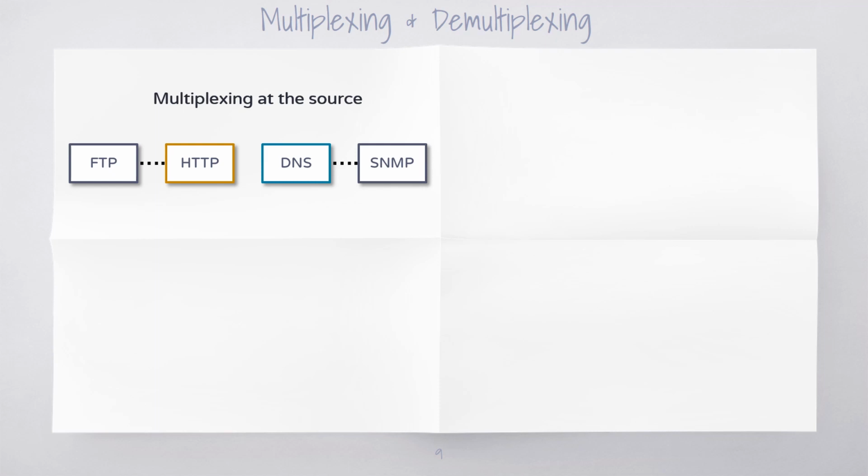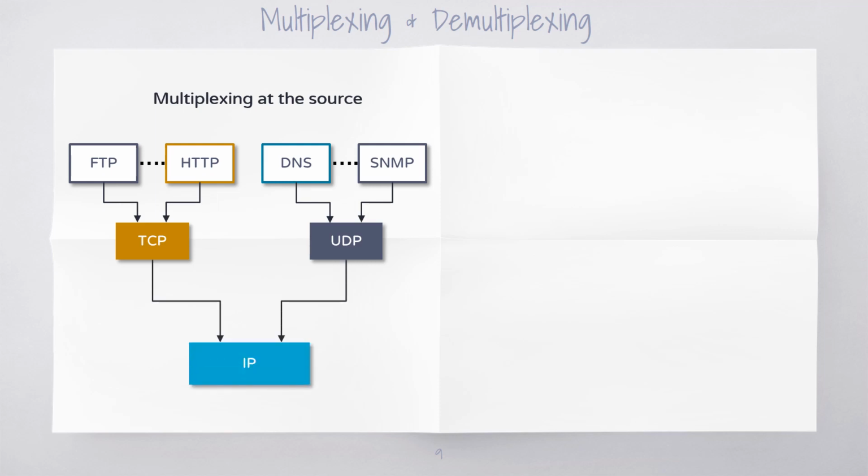Here, based on the nature of the application that we are making use of, it may require either TCP or UDP protocol at the transport layer. Here we have considered that FTP and HTTP make use of the TCP protocol. Thus, these protocol data are multiplexed inside a TCP segment, and the DNS and SNMP protocol data packets are multiplexed inside the UDP datagram format, and this information then has to be multiplexed inside an IP.